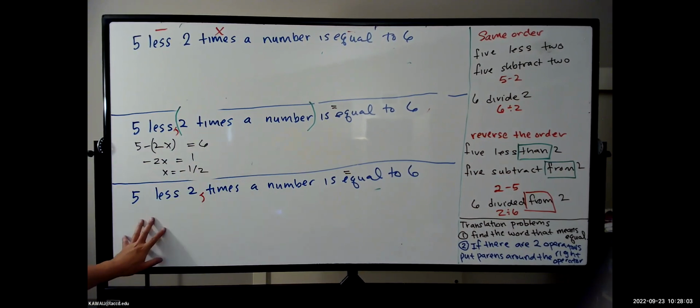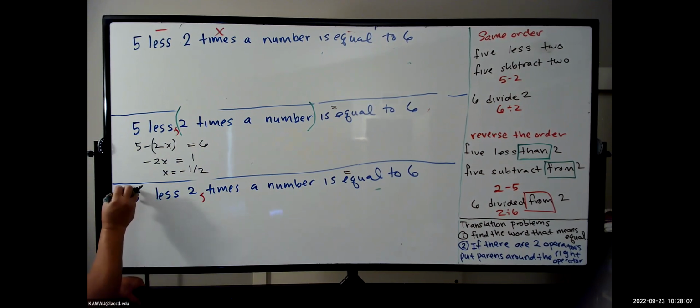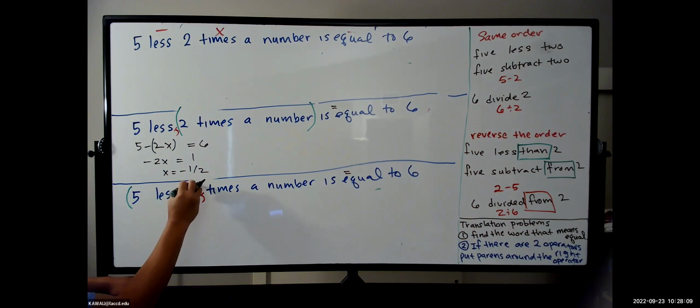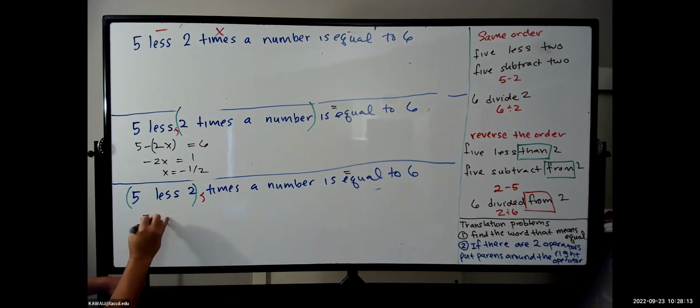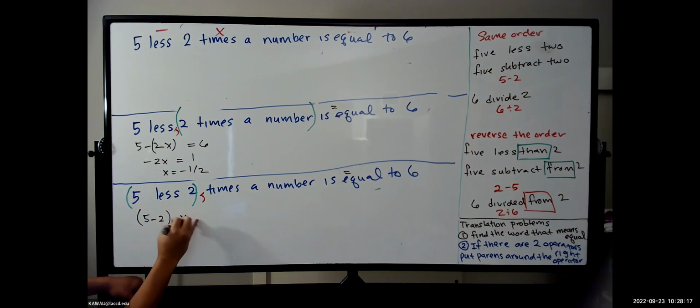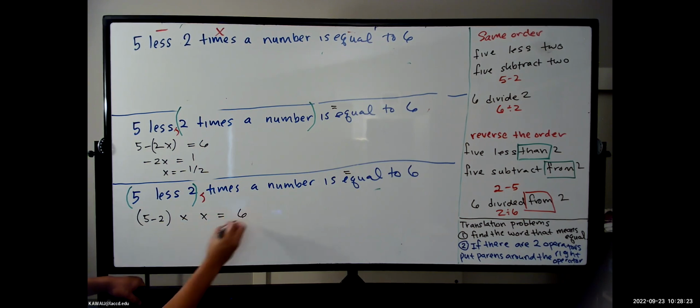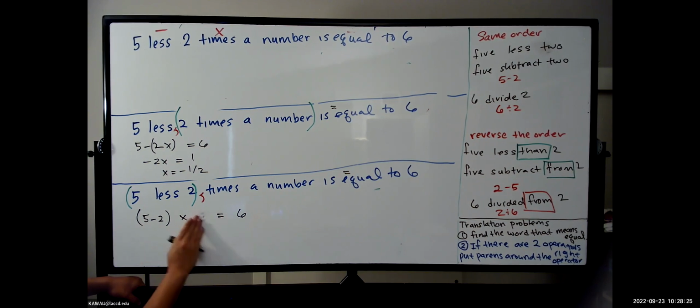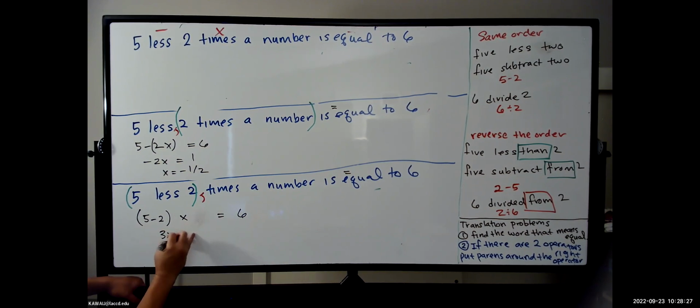And then over here, because our comma is here, we have a parentheses here and a parentheses here. And we get 5 minus 2 parentheses times x is equal to 6. So now I get 3x is equal to 6, x is equal to 2. Okay. Now,